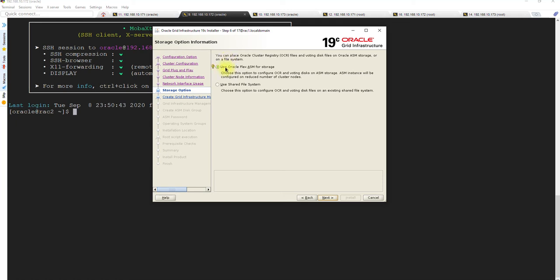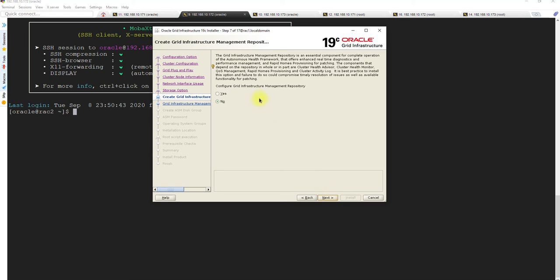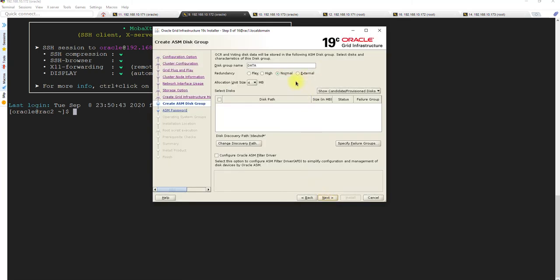Now you have to set up an Oracle Flex ASM for storage. Okay, GIMR you are not going to set up. Next. Now this is a very important section. You saw that I used the Oracle ASM tool and used the create ASM command to create the disks ext, data and FRA, right? Now this section, what it does is it creates the...